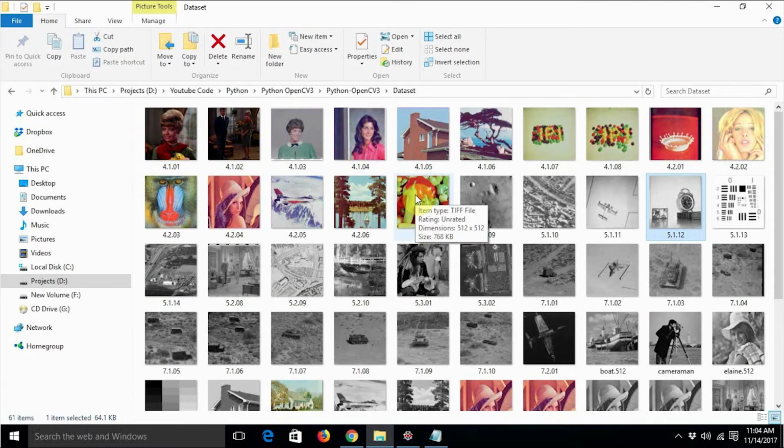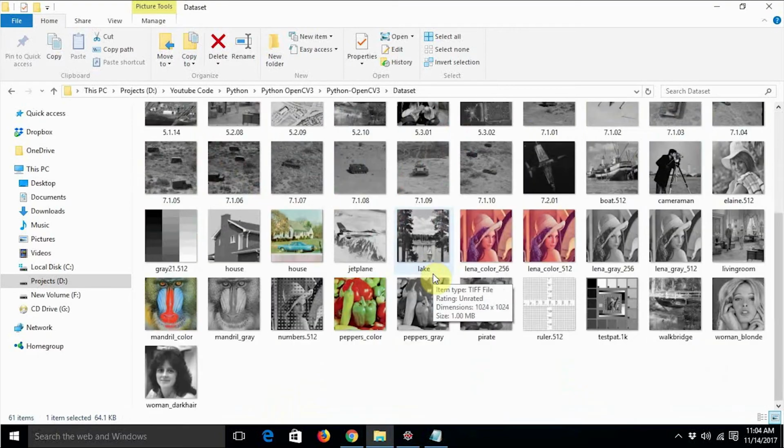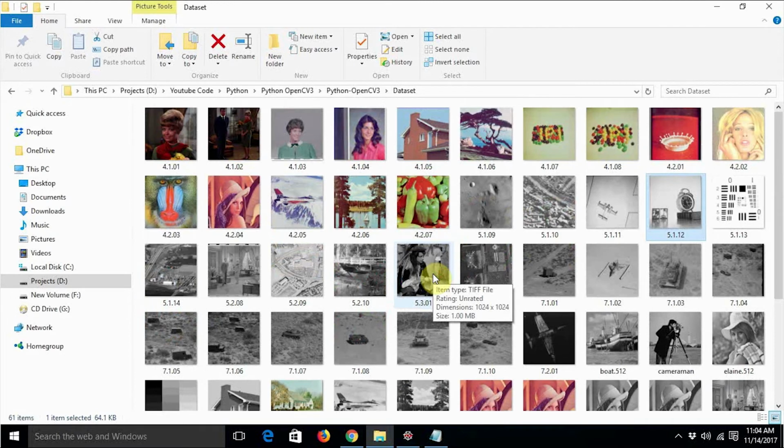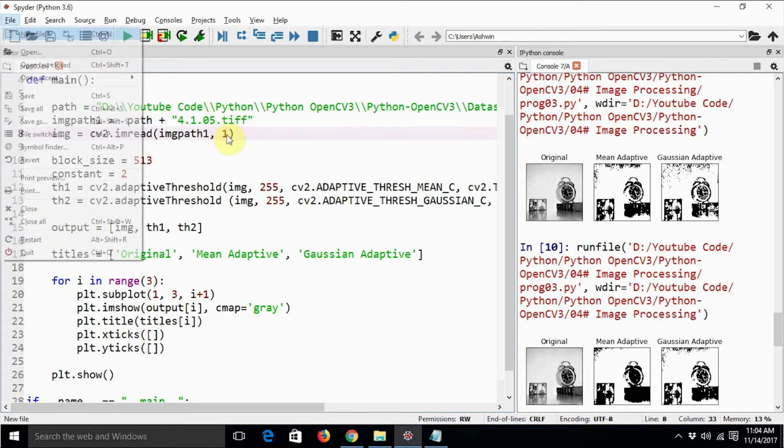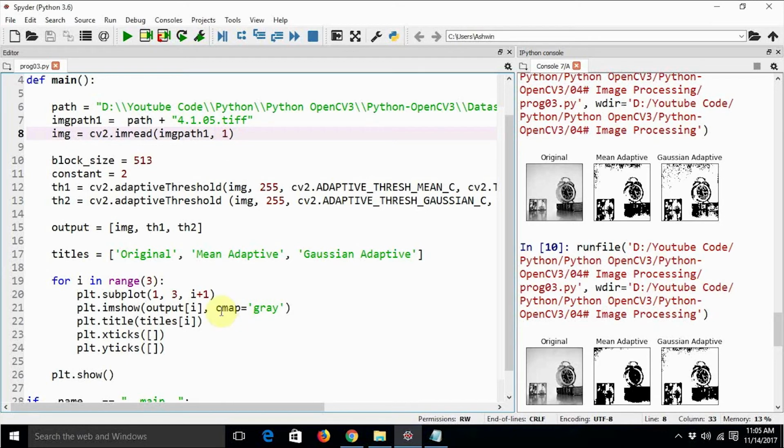The most appropriate color image where we can see different lighting conditions is kind of difficult to find, because we don't have that sort of image. So let's use this 4.1.05.tiff. Finally we are just going to delete the color map.